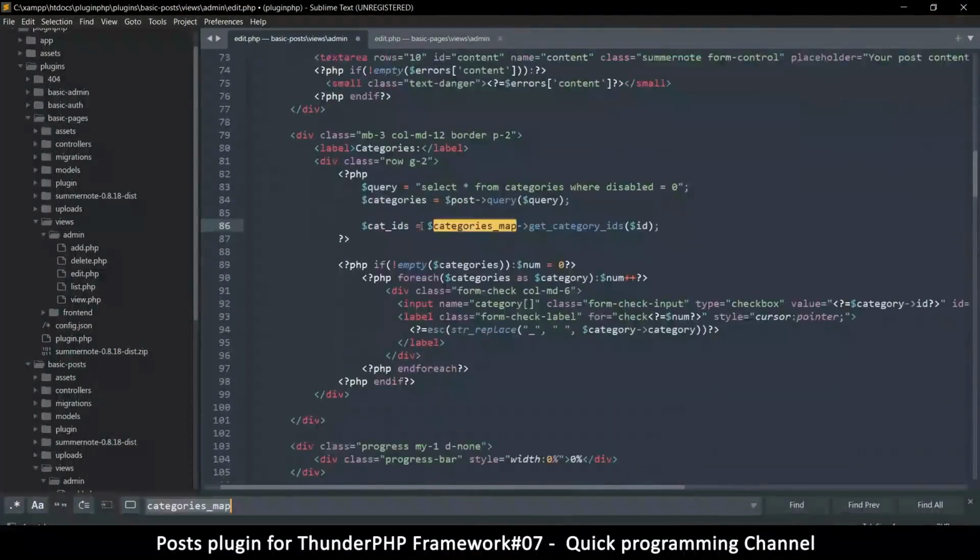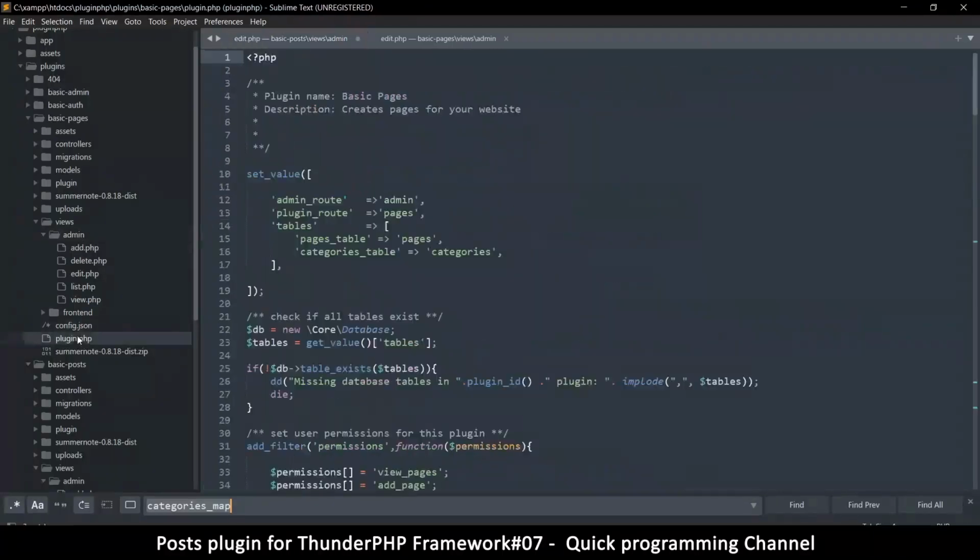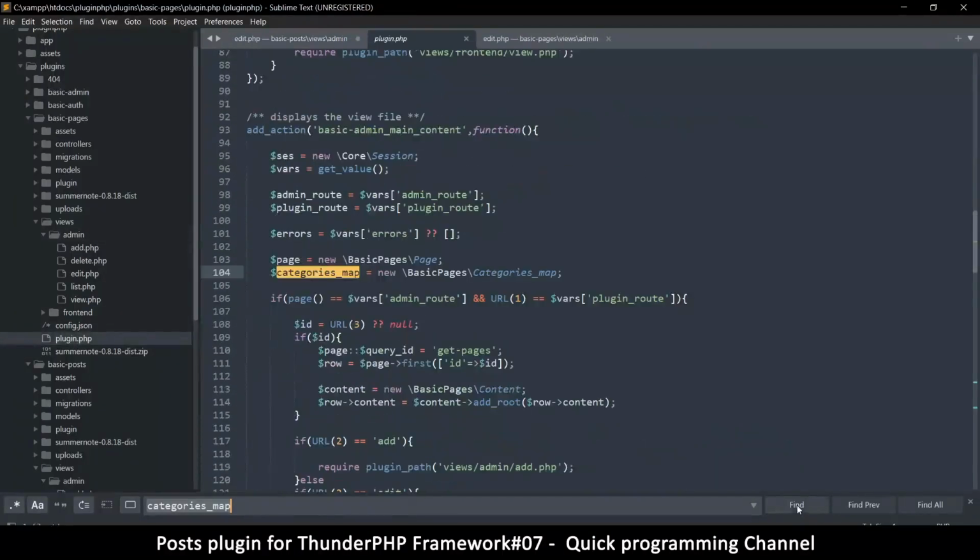So it's not here, we didn't instantiate it from here, so meaning we did it in the plugin.php. So let's go ahead and search for it there, and there it is. So categories map is equal to basic pages categories map. Cool. So we need a similar thing inside